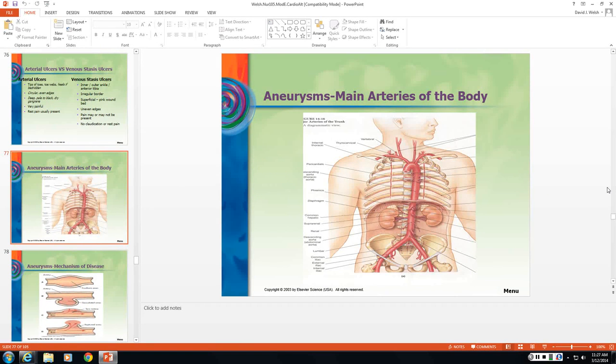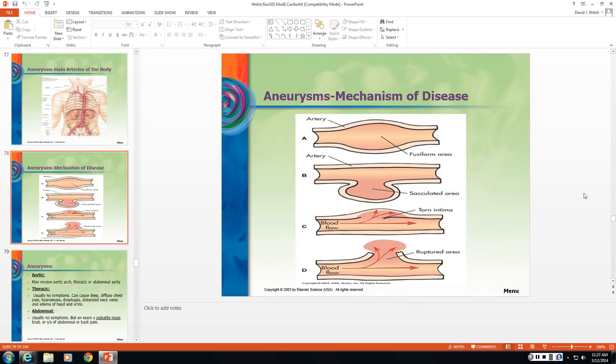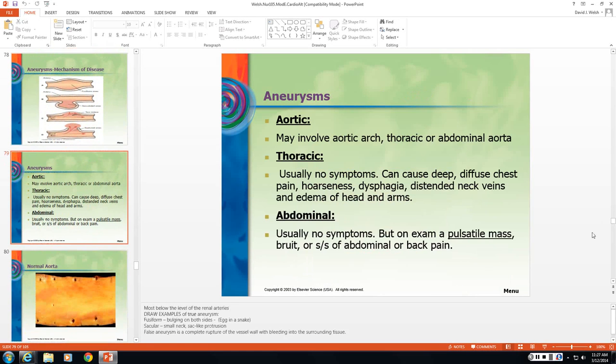Now we're going to look at aneurysms. And this basically shows the formation of an aneurysm. Now, the different types of aneurysms, most are usually below the renal arteries. The aortic aneurysm may involve the aortic arch, the